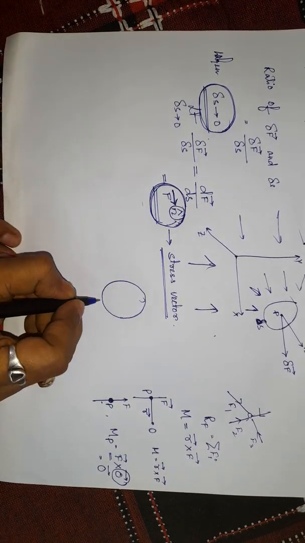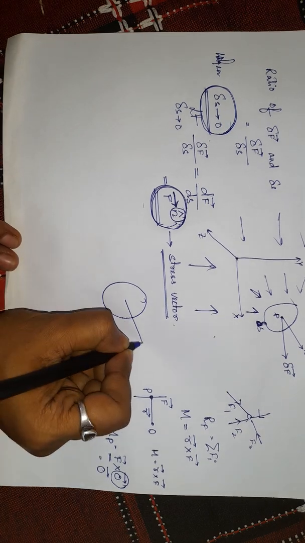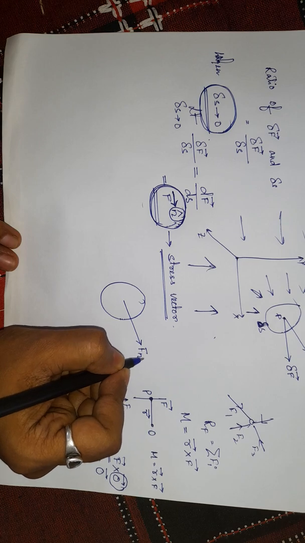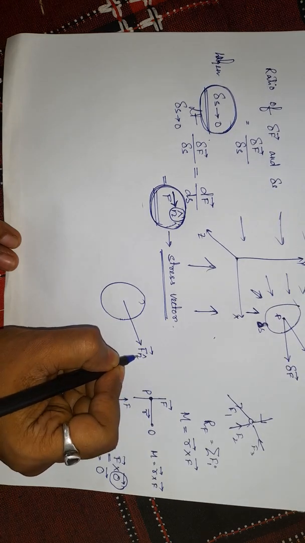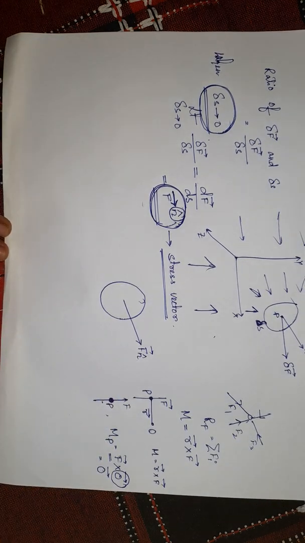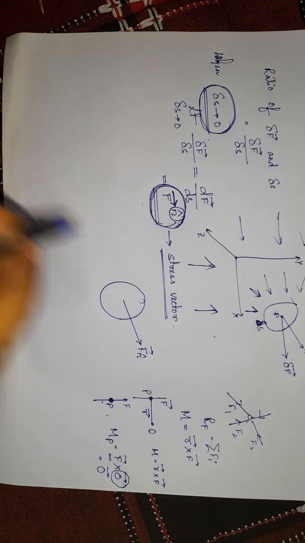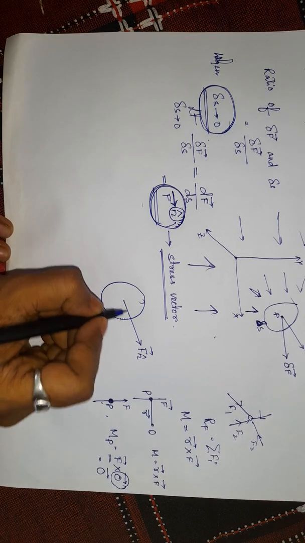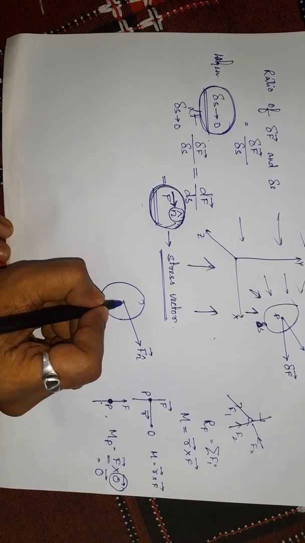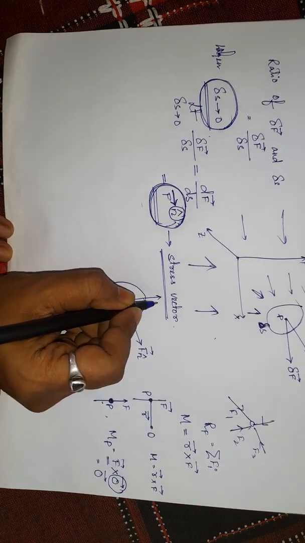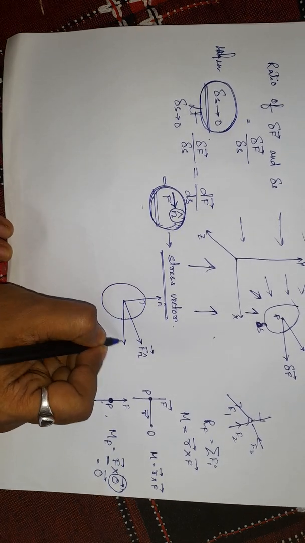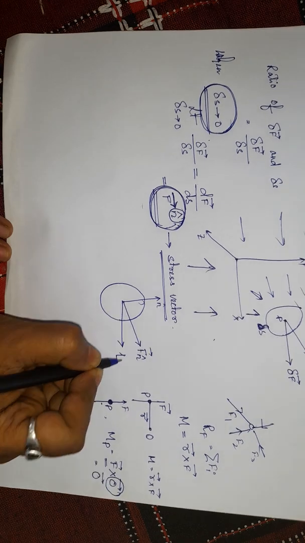Suppose this is the elementary area and this is your stress vector. Okay, F vector, F bar, n cap. You can put your n cap either in subscript or in superscript. Now you see this particular vector, it is associated with two base vectors. One is the normal to the surface, suppose this is normal to the surface, and one is tangential to the surface, suppose L cap.